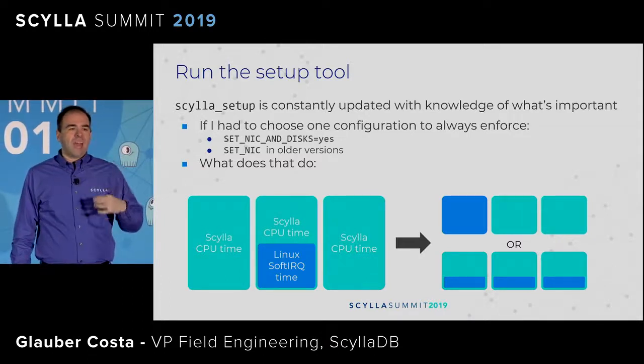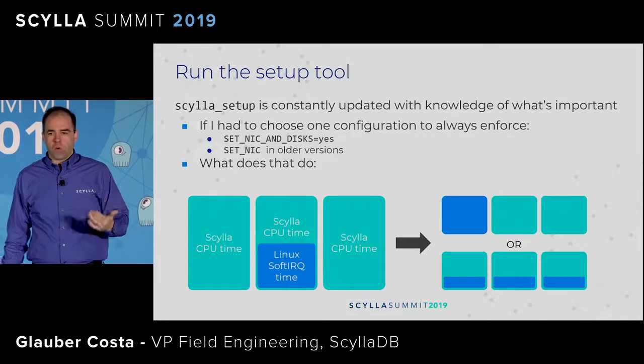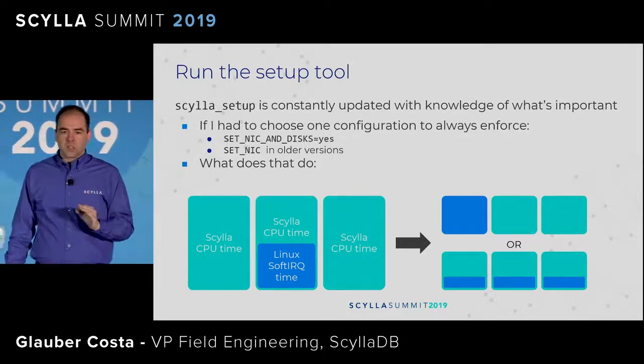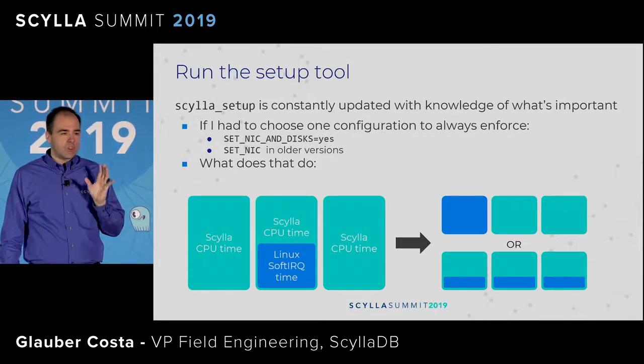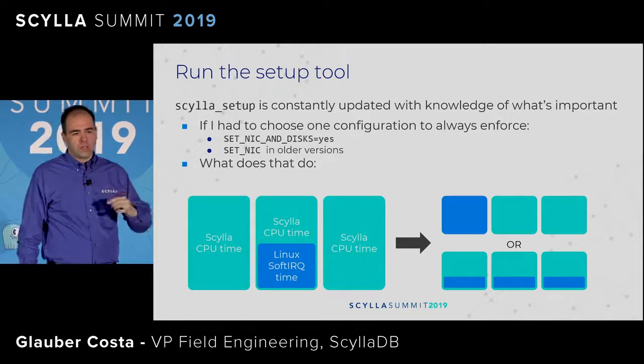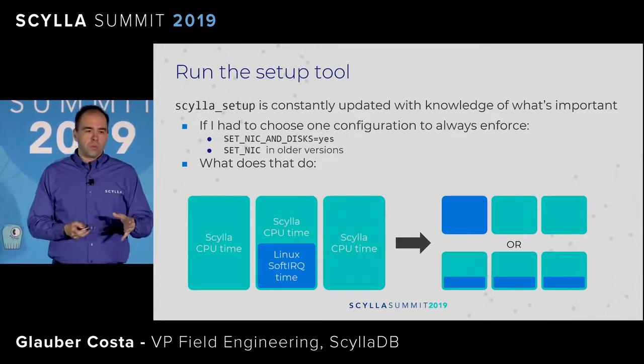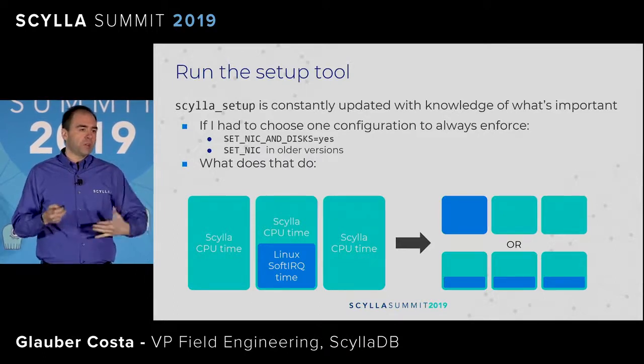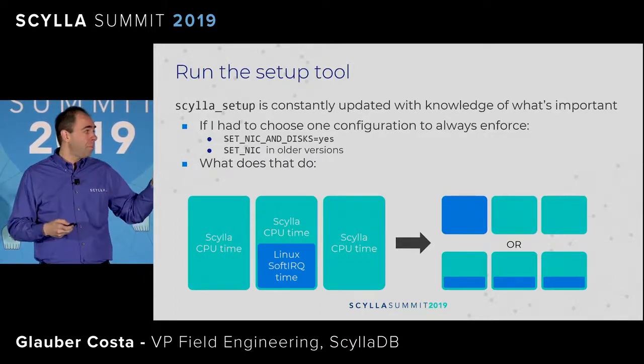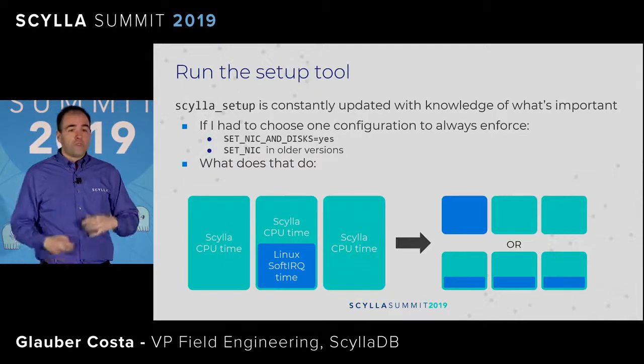When Scylla Setup asks you, do you want to configure your network interface? What it does is it pins the interrupts, the CPUs in which the interrupts are going to be delivered. We do pinning of this interrupt according to your hardware. So there are 2 major ways in which we do it. If you don't do this,